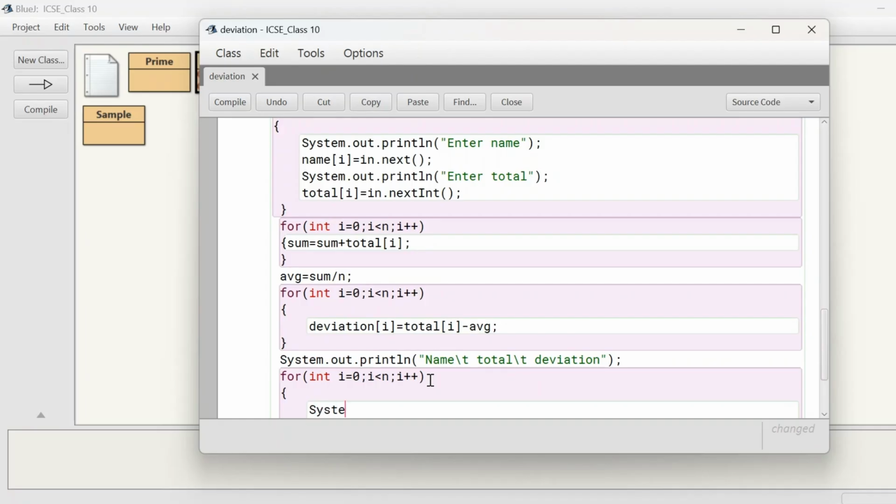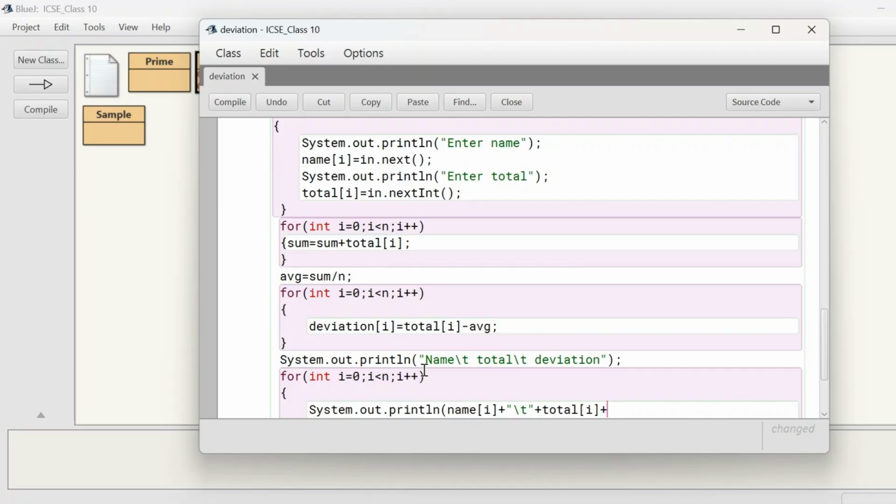First we have to print the name, println, name of the array which contains the name of each student, name[i]. Then in the heading I gave \t, so here also you have to give \t for tab space, then plus total, so what is the array for that? total[i],